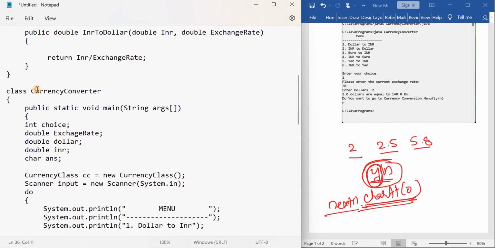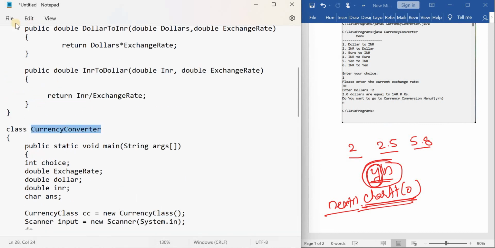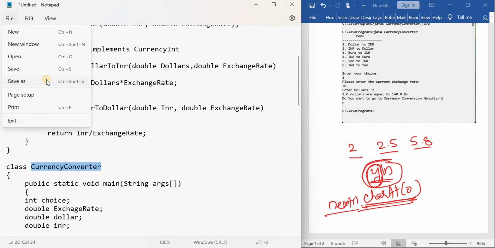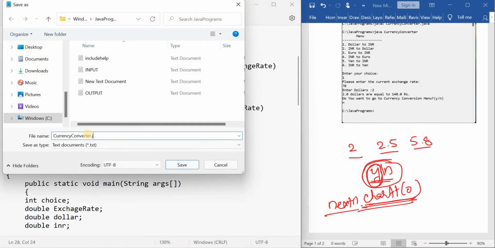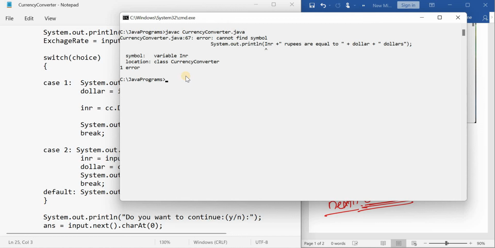You have to save this program with the name CurrencyConverter, so copy it and save as CurrencyConverter.java. Now we'll try to compile it: javac CurrencyConverter.java. Yeah, we have one error. What is that error?